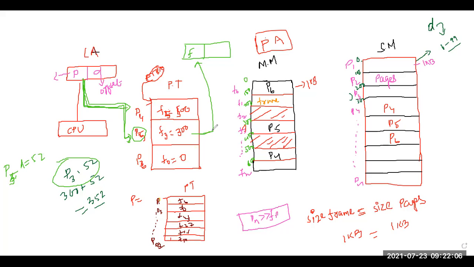Now I will direct this particular frame number from here. Okay. Now second thing is, now the offset address will be same. The offset address is not going to change. Yes or no? Because when I place this one, see this entire block or entire page is placed where? Now you can see it is entirely placed in this particular block. So what will happen? D is not going to change. If your D is 52 here, it will be 52 here also.